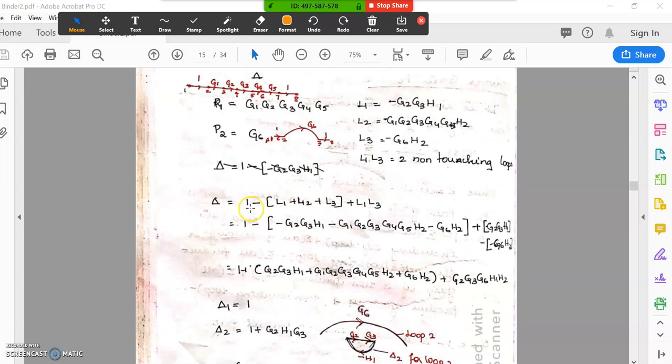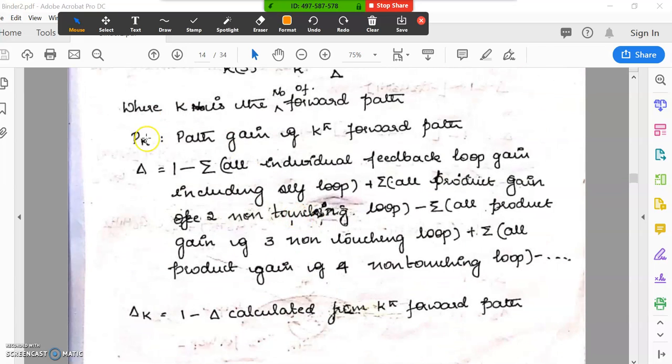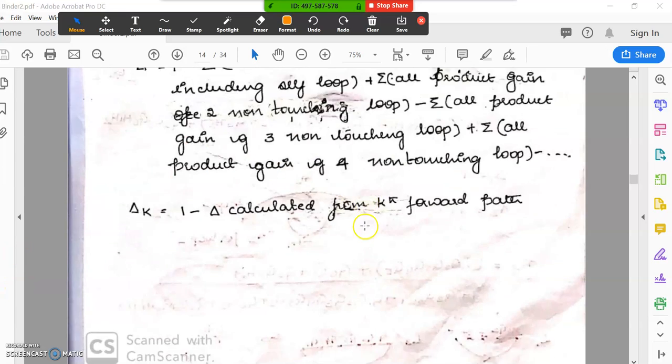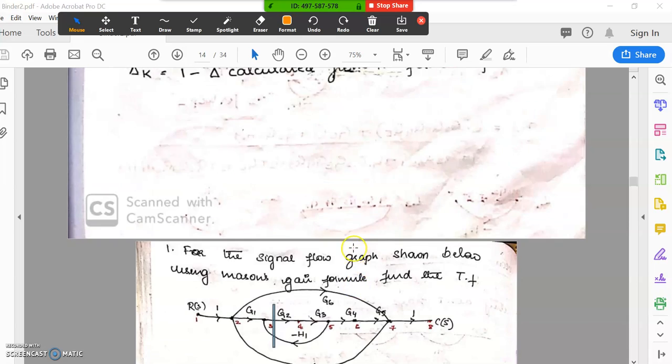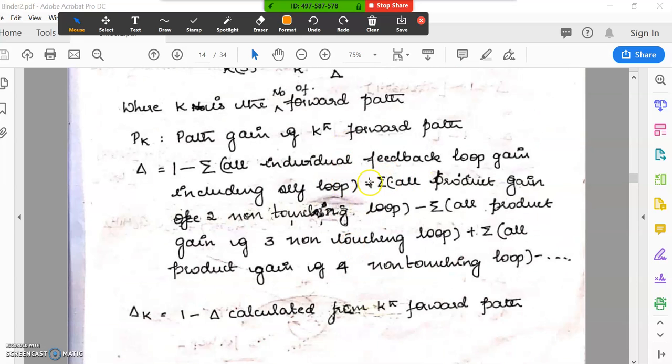So what is delta? 1 minus summation of all individual feedback loop gain including self loop. In this case we don't have self loop. So 1 minus summation of L1, L2, L3 loop gain, plus